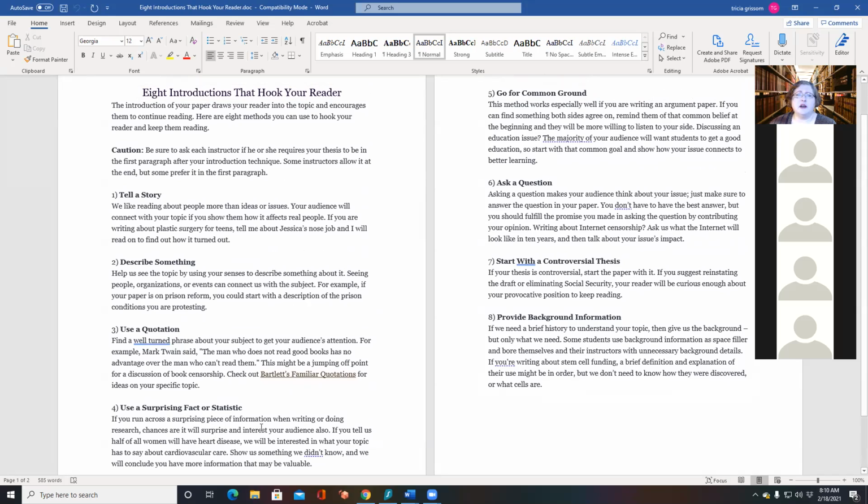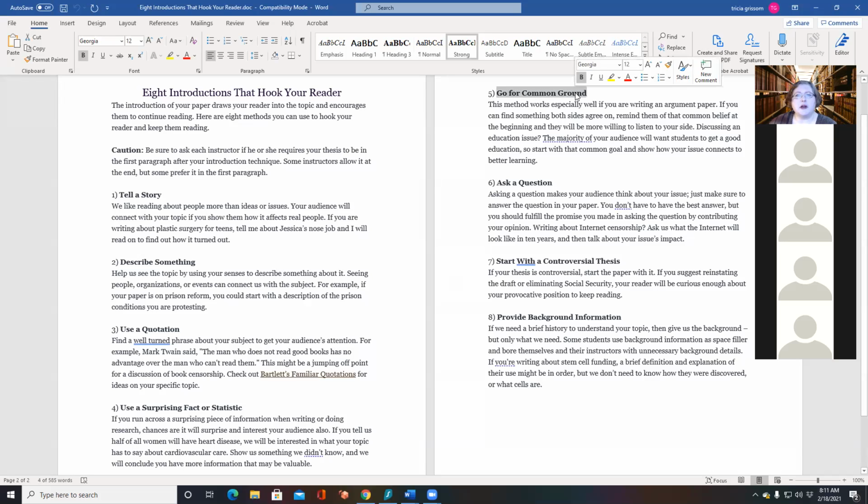Or I had someone who did a paper on doing CPR, explaining how to do CPR. And she pointed out that 80% of the time, if you're doing CPR, it's on a friend or a family member. So this gives us definite incentive to learn CPR if you like your friends and family, right? Because we might be saving a life very close to us.